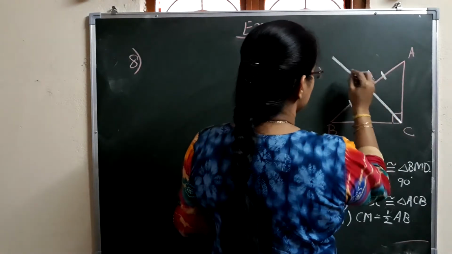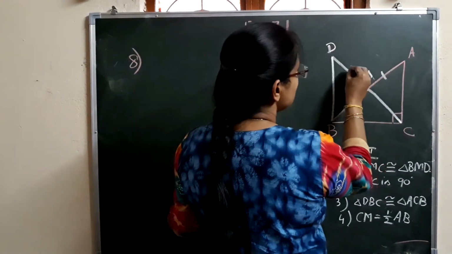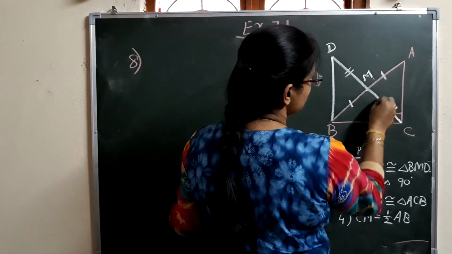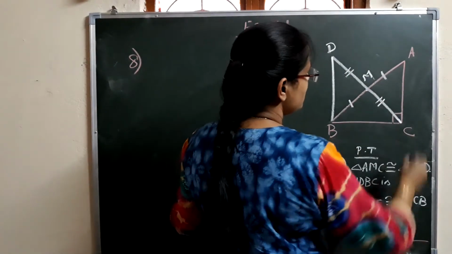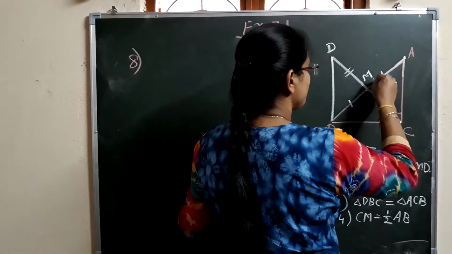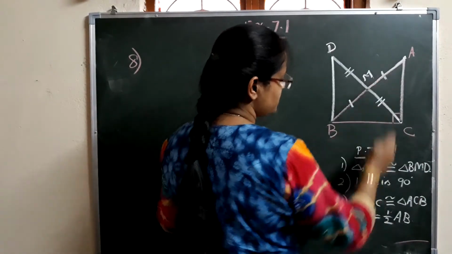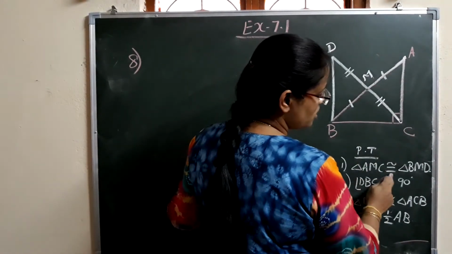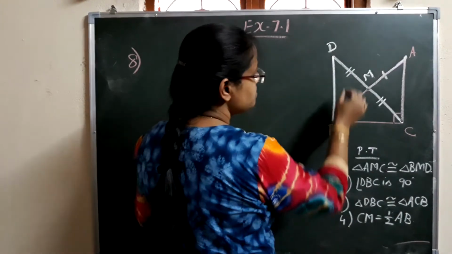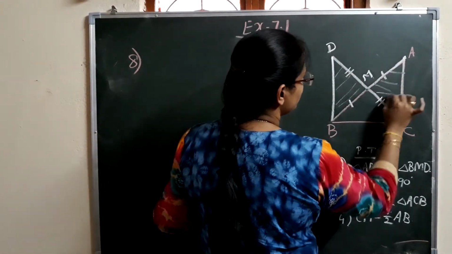till point D and join BD. And it is given that these two parts are also equal in the question. Now you have to prove that various conditions that are being given. The first one is triangle AMC is congruent to triangle BMD. Means this portion of the triangles are equal to congruent to each other.